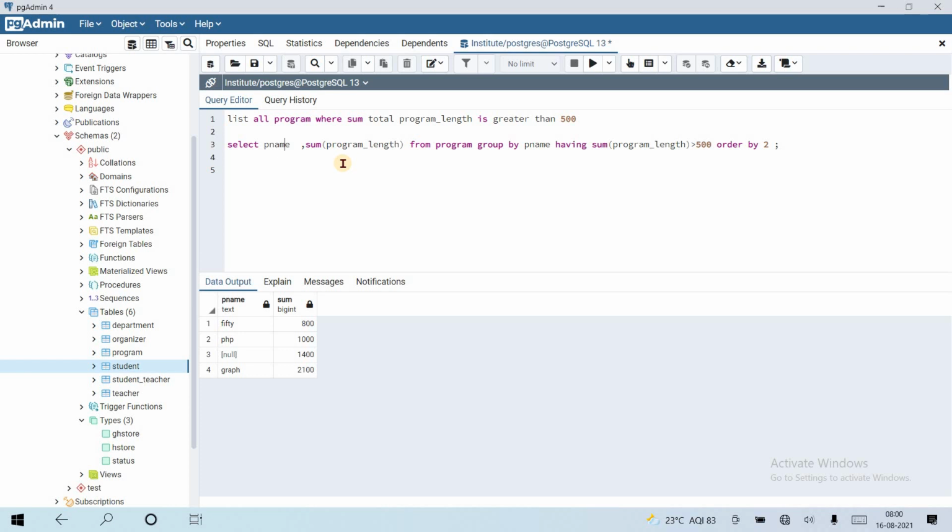So suppose the query is to get the program name where the sum total of program length is greater than 500, the same query with the help of the where clause. Okay.